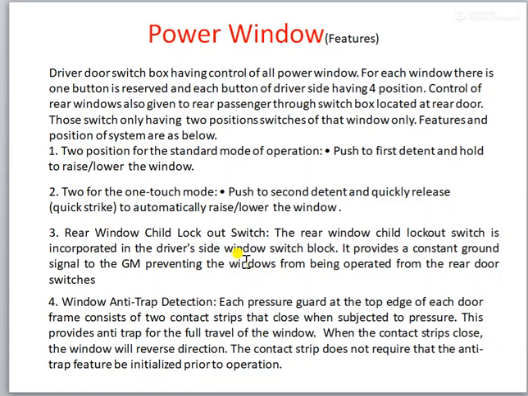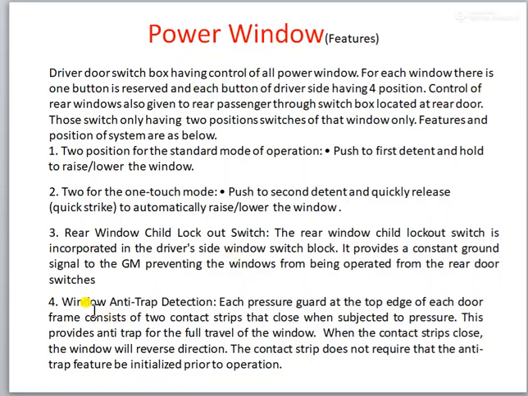Accidentally, if anyone presses the button for opening and closing, it should not happen. For that purpose one button is there which deactivates all the control panels, a lock button, which is present at the driver side control panel.